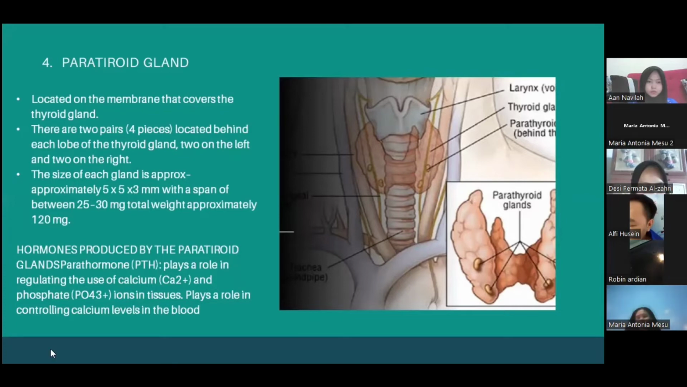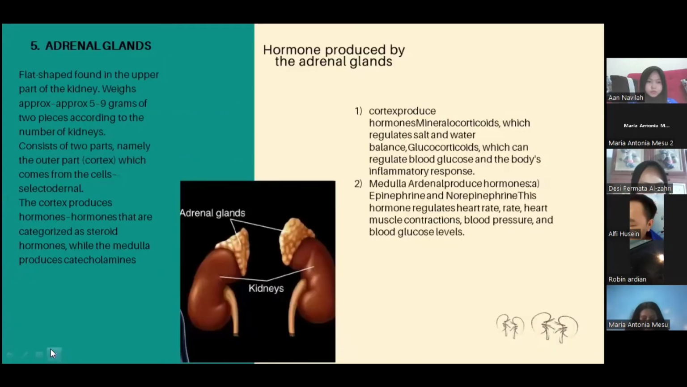Adrenal glands, found in the upper parts of the kidney, weigh approximately 5 to 9 grams, two pieces according to the number of kidneys. Each consists of two parts, namely the cortex and the medulla. The cortex produces hormones that are categorized as steroid hormones, while the medulla produces